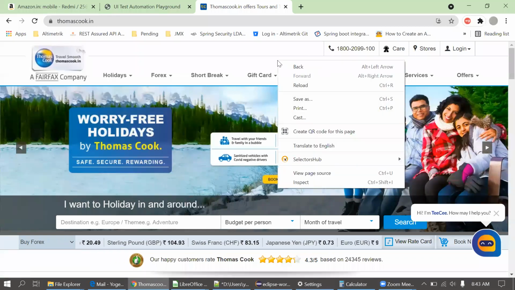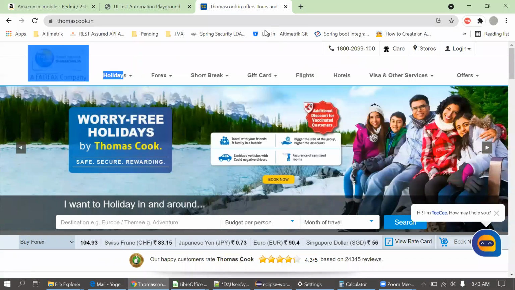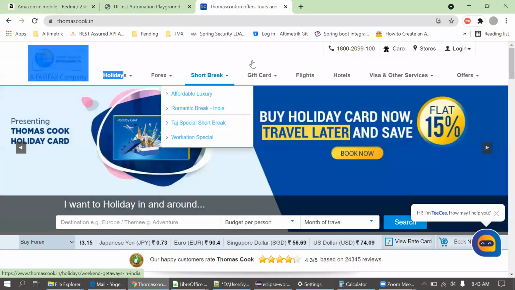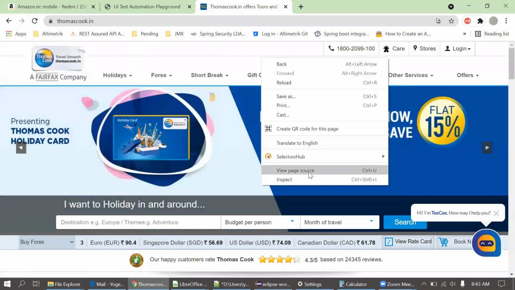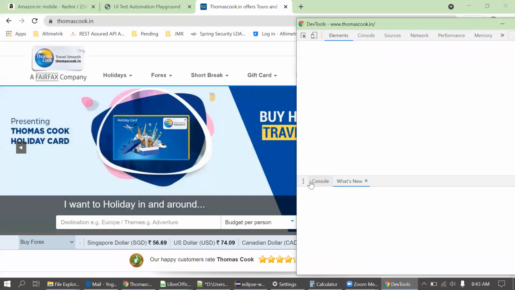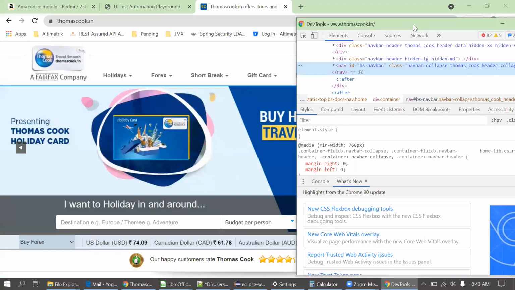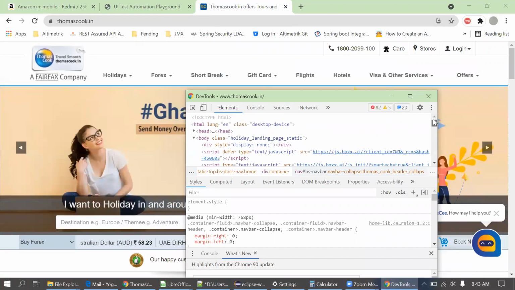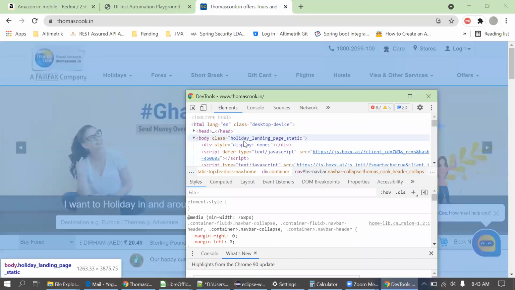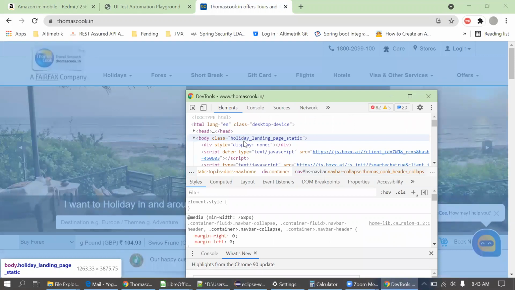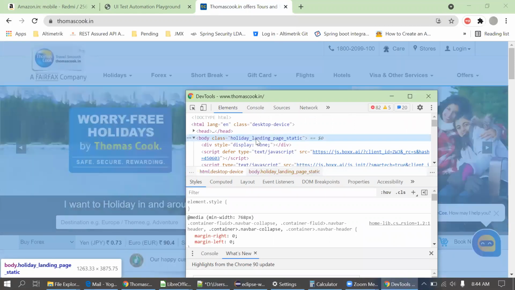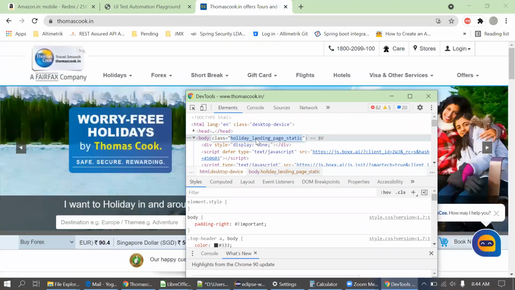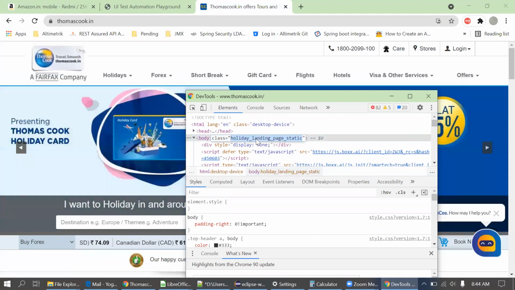Okay, so now here we cannot see any header, right? So there is a different way to find the header in the DOM. I'm just inspecting the element. I'll go to the top now. Now, if there is no header in the UI, you can simply go with this body class. Okay, so I'll just copy this class name. It is just making sure we have landed on the proper page. That's the intention of this page header.